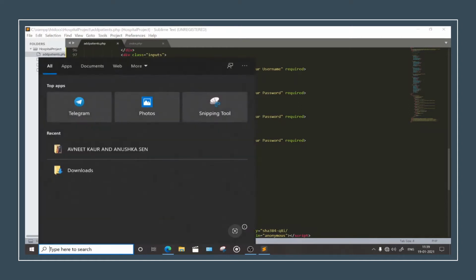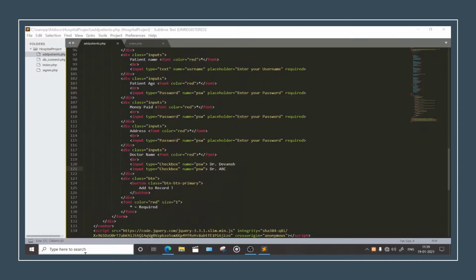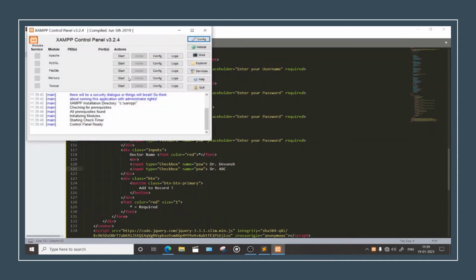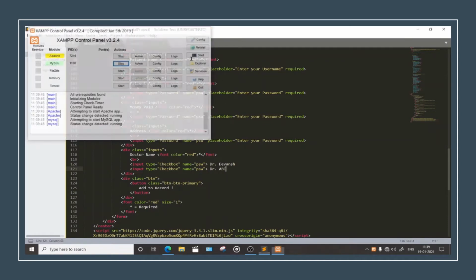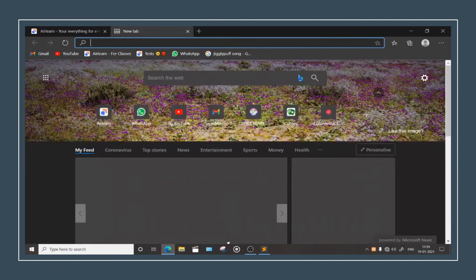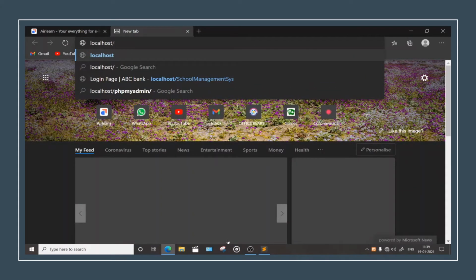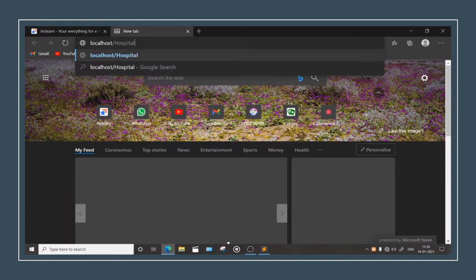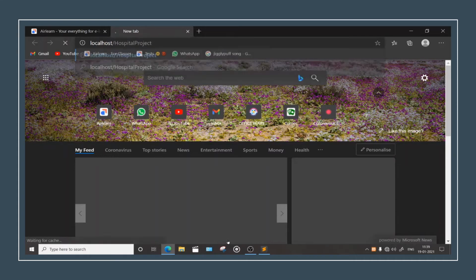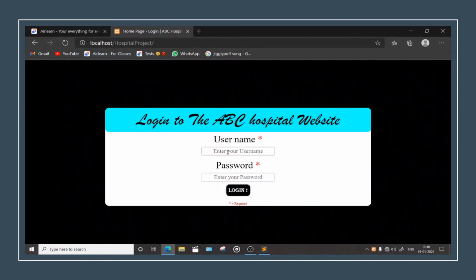Now let's head down to XAMPP, start the servers, and see how it looks. Let's open a new tab, localhost slash hospital project. Why didn't this autofill itself?